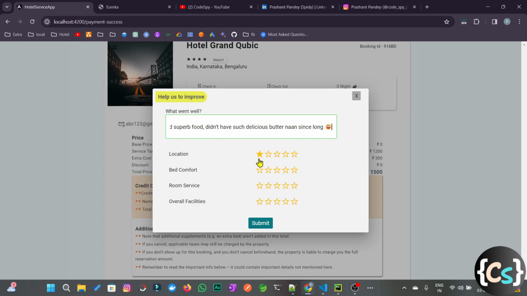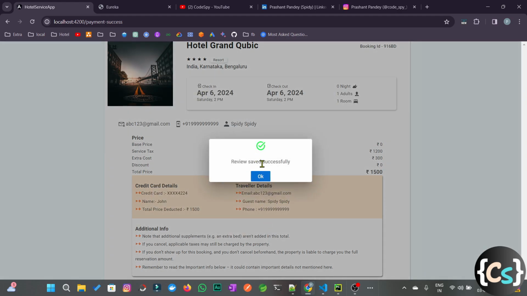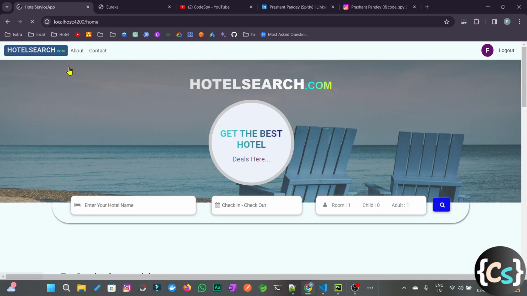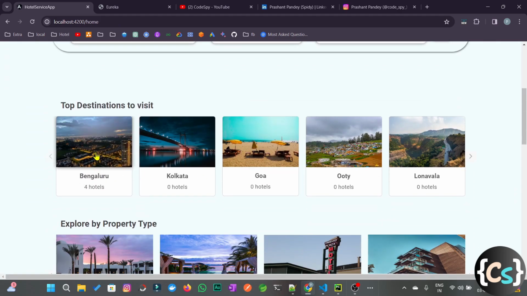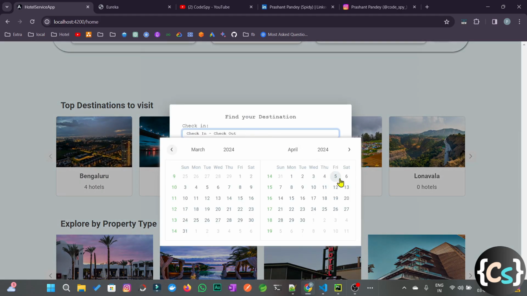Okay, now I will select location, like if I select 4, bed comfort also 4, room service also 4, and overall facilities I will select 3. Okay, if I click on submit, then you will get a pop-up like review saved successfully. Just click on OK, and if I go back and select those hotels again for some other date